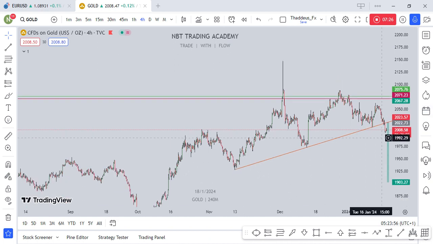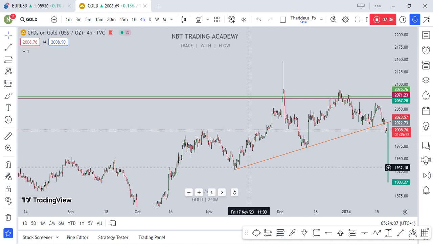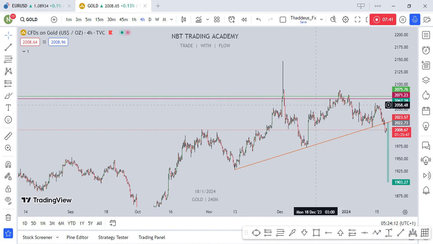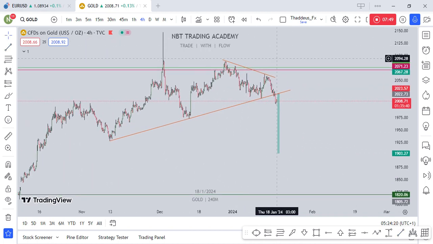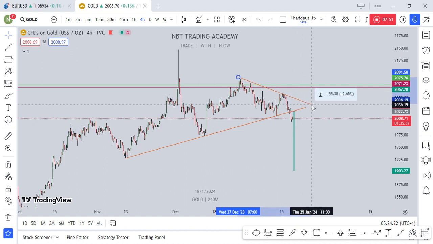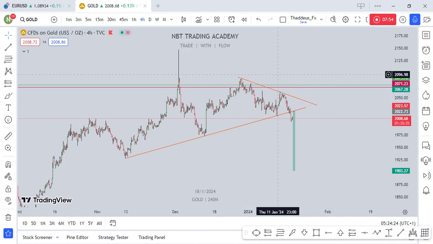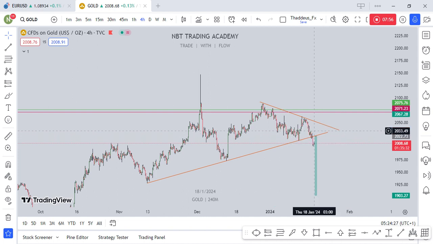So basically, you've seen that this is our point of entry on this trade. We're going to be looking for short opportunities, and I hope you're able to understand what I did here. Firstly, we understood the bias of the market. Secondly, we drew our trend lines. We got the bias at which the market wants to go. And if this does not play out, I'm going to be drawing my trend line right now. This trend line is going to be my guide. Once this trend line is broken, if it takes me out here, I'm going to wait for the break and retest, then I can go long.